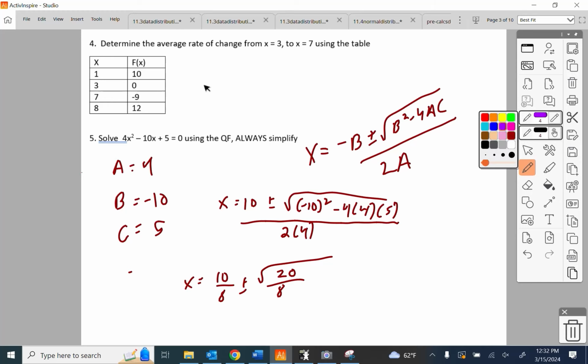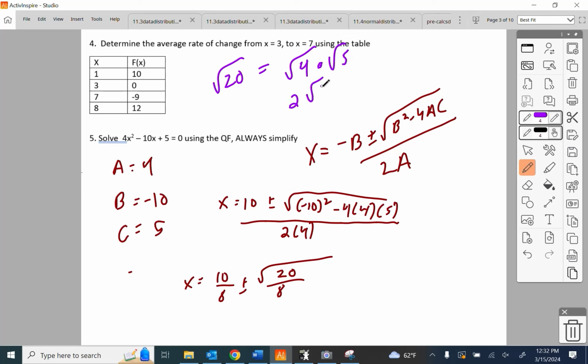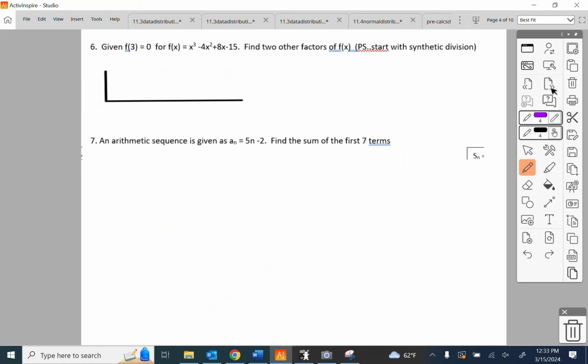Now, root 20 is the root of 4 times the root of 5. And the root of 4 is 2, so 2 root 5. It's not that hard. 10 over 8 becomes 5 over 4. If you think about 2 root 5 over 8, it becomes root 5 over 4. There's your answer. If those were whole numbers, or if one of them wasn't a radical, I'd add them together. Given f of 3 is 0,